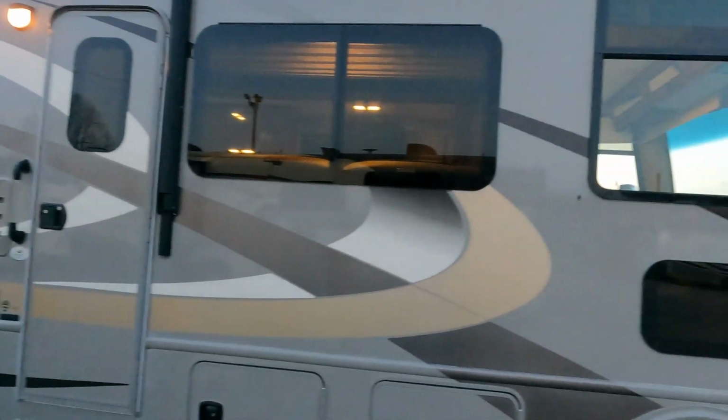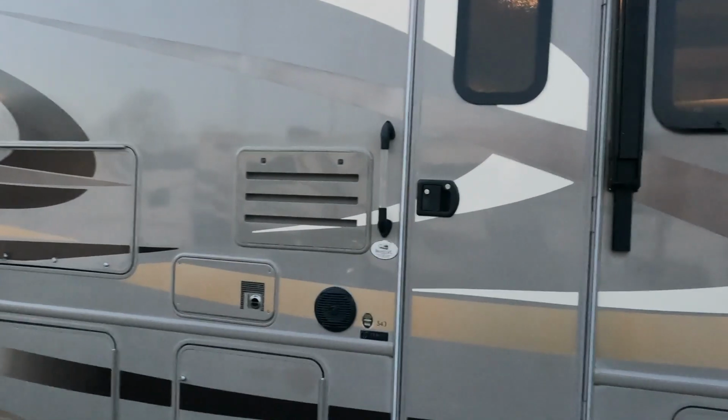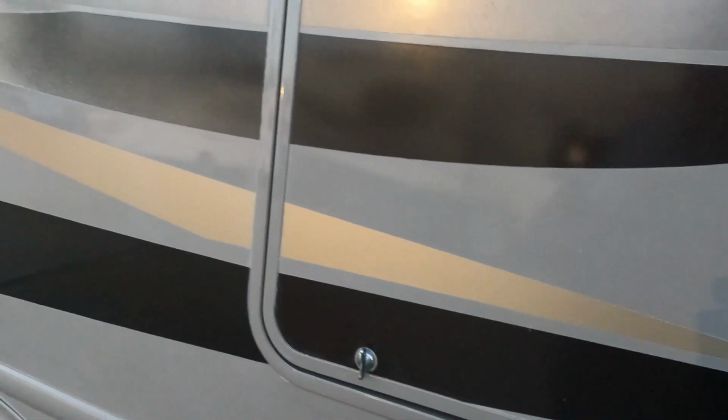Sorry it's getting very close to dark, but this is a good looking motorhome. I wanted to go ahead and put it on tonight. I'm looking around it trying to find some nitpicks and flaws, and so far it's nice. Here's your TV, by the way, which is probably about a 32 inch. Not a huge TV, but great for sitting underneath your power patio awning watching the game, and you want to get something cold to drink. Open this up right here, and